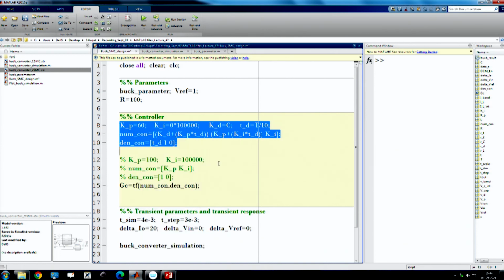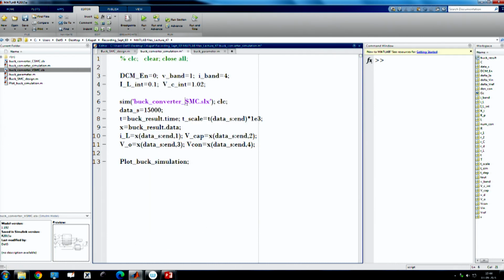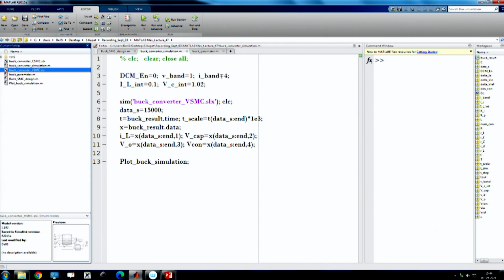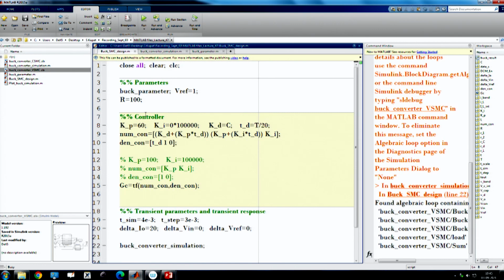Okay. So, you can see the derivative again, I said it is the capacitor voltage. So, it is Td by 10. You can take Td by 20, there is no problem, and then numerator and denominator I have set. Let us see how it happened. In the simulation file I have to change the VSM because this file name is V. The voltage band I have set to 1 hysteresis to achieve the desired value. So, let us see what happened.